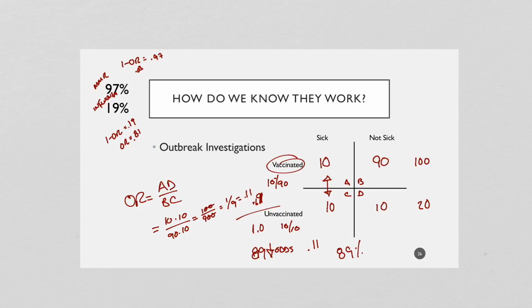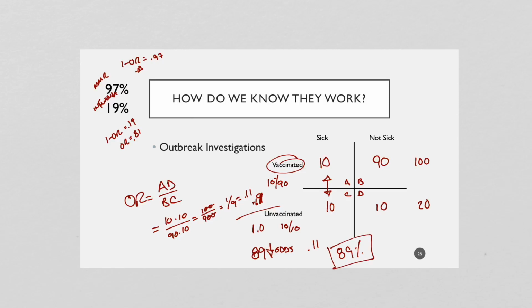And that is a very important distinction to make. It's not saying that it's going to reduce your chance of getting sick by 89%. It's saying that in an outbreak situation, you're 89% less likely to be in the outbreak. People seem to hear effectiveness or efficacy and associate it with their personal chance of getting the disease given that they got the vaccine. No, it doesn't work that way. We're talking about population level events. We're talking about population level measurements. And so we're talking about an 89% reduction of you being part of the outbreak.